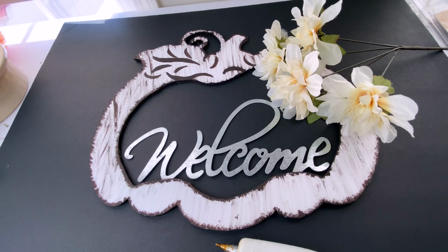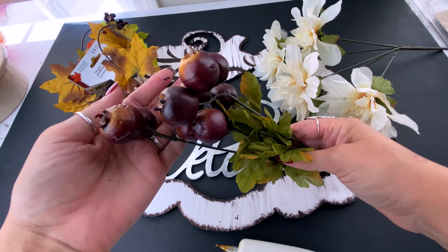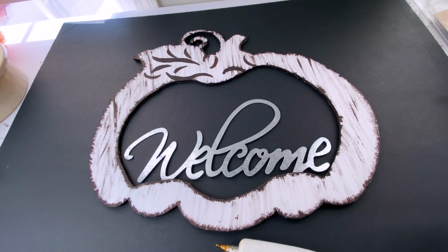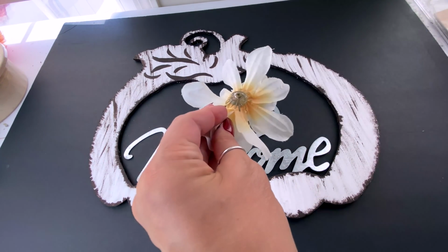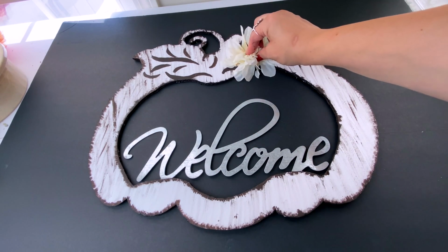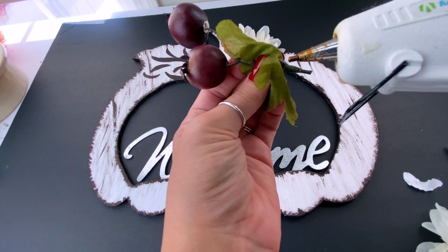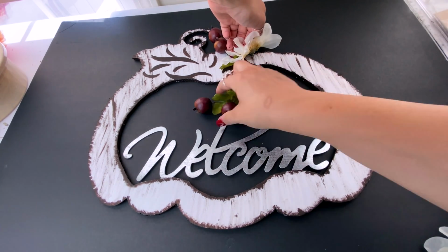And then I wanted to do something really neutral for this, so I've just got some of these cream colored flowers from Dollar Tree, and I added in some of these brown berries. I forget the name of them. You can comment and let me know if you know what they're called, but obviously you can do whatever you prefer. I just hot glued these directly right onto my foam board here,